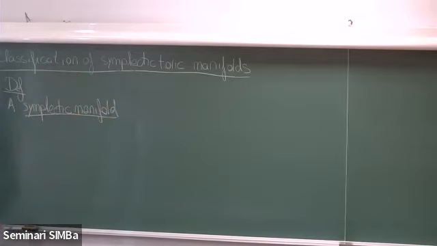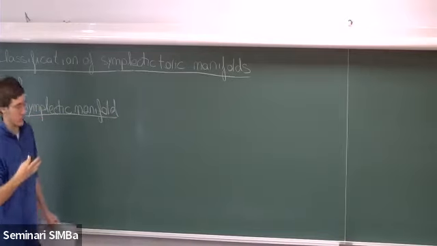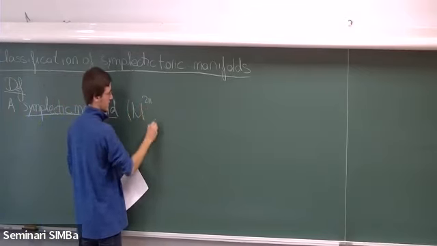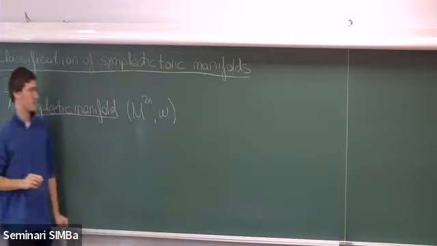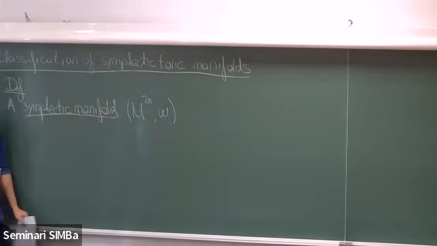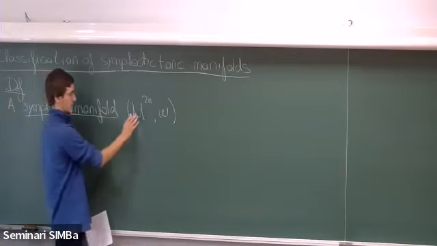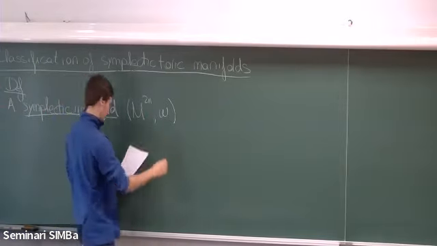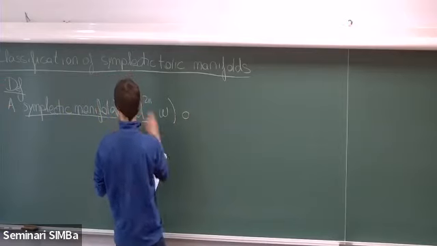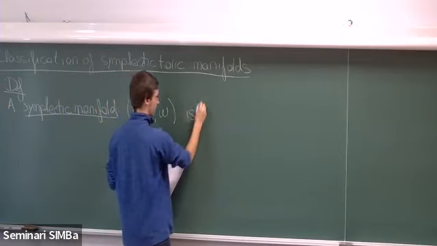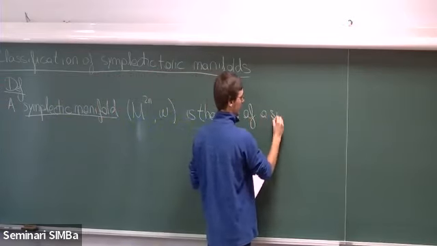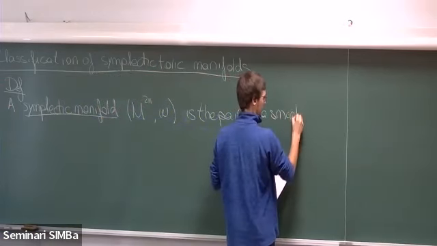It's a manifold that has to be, first of all, even-dimensional, and this is in order that the structure that we're going to put on it satisfies two conditions. So it has to be something which is even-dimensional and paired with some differential two-form, which has some conditions. So it's a manifold of dimension 2n, so even dimensional, and omega is a two-form. Let me say that this symplectic manifold is the pair of a smooth manifold, a classical smooth manifold,